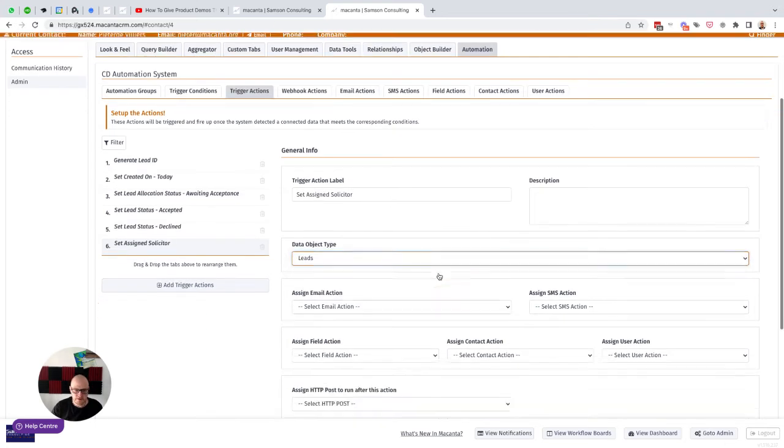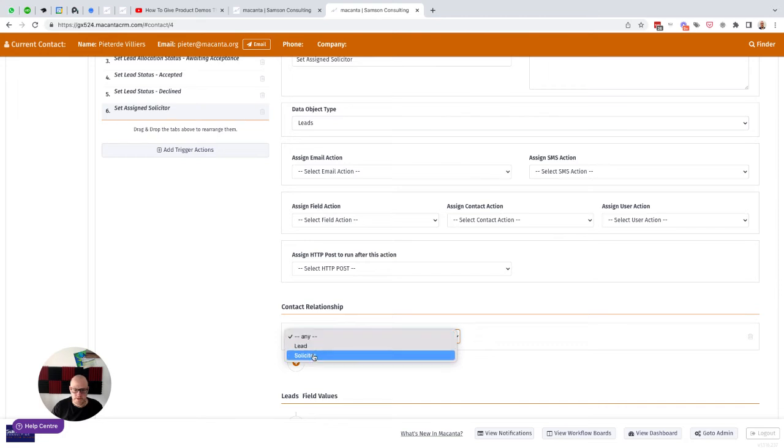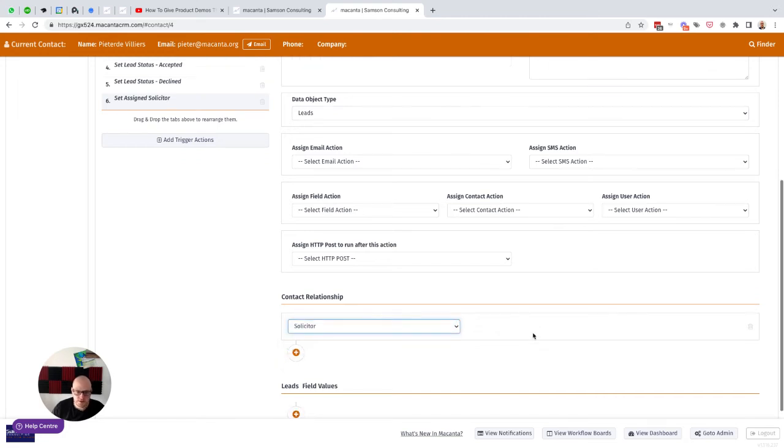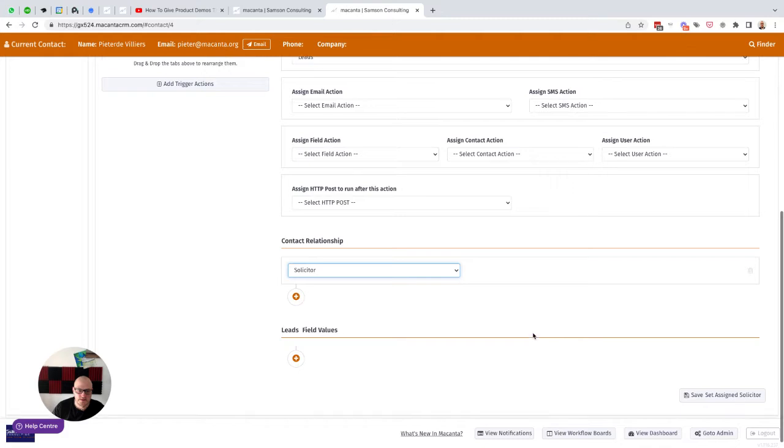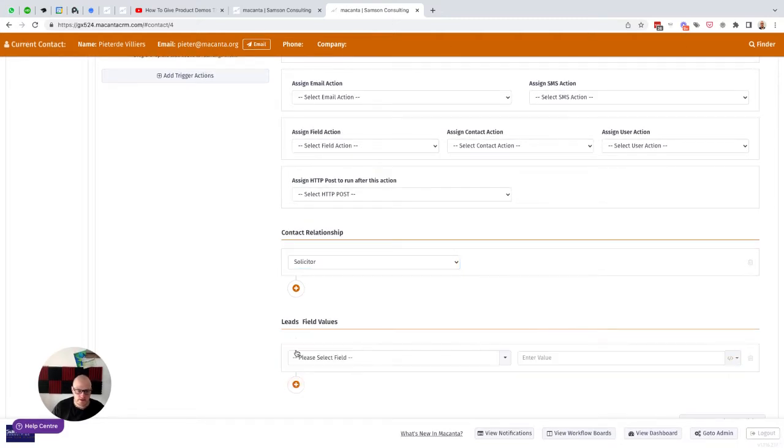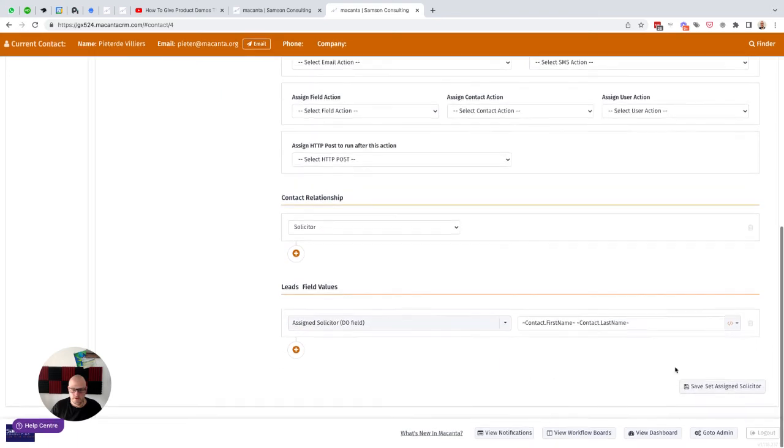It's going to be for leads. The relationship is going to be the solicitor, because I only want this automation to run once I've connected a solicitor to it. And then I can go and choose assigned solicitor, and here I'm going to set it using merge values to first name, I'll add a space, and then last name. So it's going to put the first name and last name of the connected solicitor into this field when the automation runs. So I'll save that,